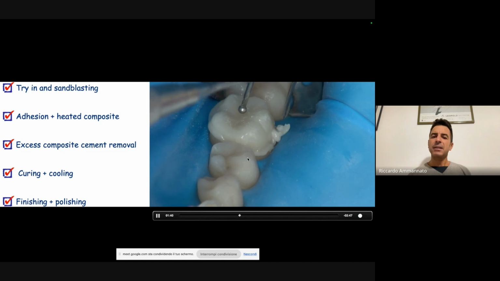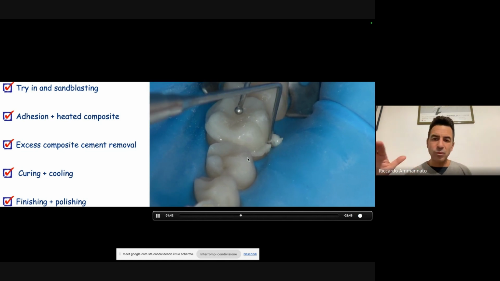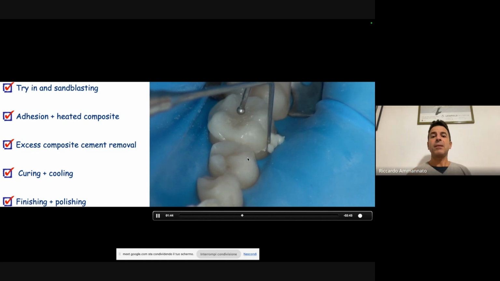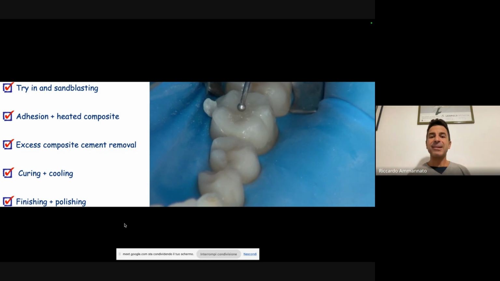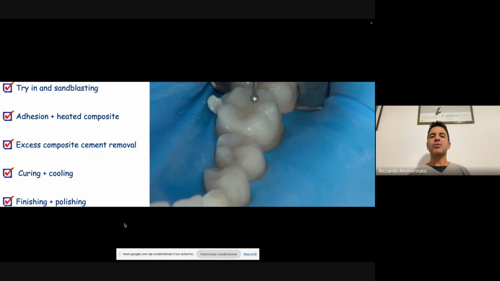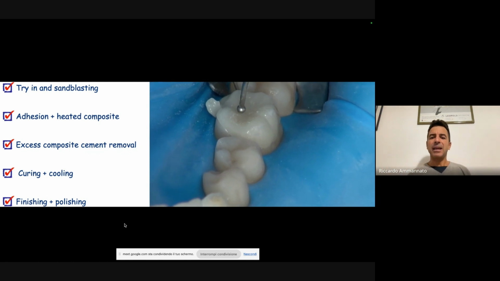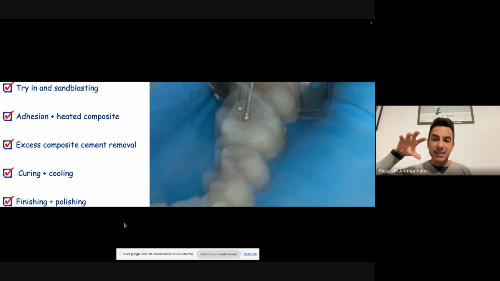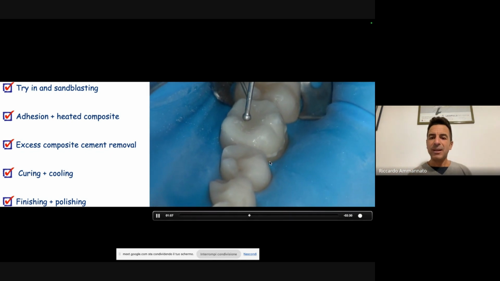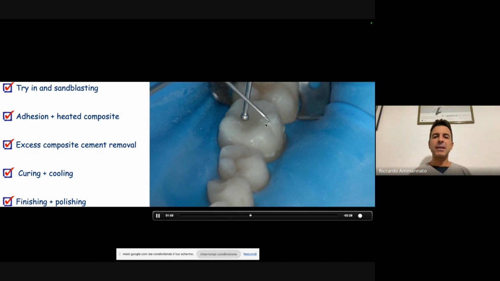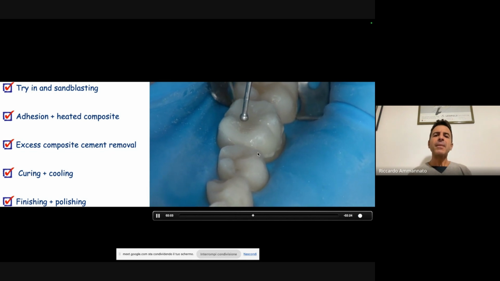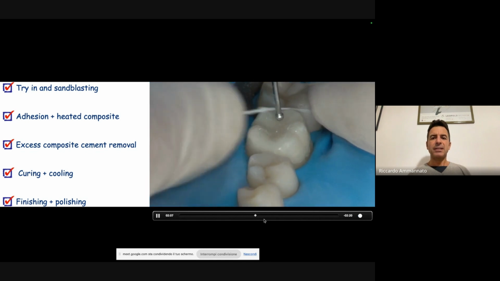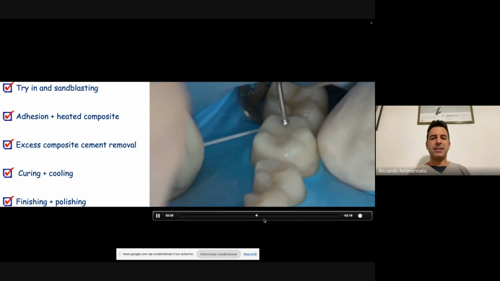I'm going little by little, I don't want to rush. I will decide when the material is going to cure, because it's regular composite, so there's not the chemical part. Little by little, the assistant is pressing down. You see the composite is flowing out little by little, and I will remove it, okay? And when I've checked everything, the assistant keeps pressing down the restoration.